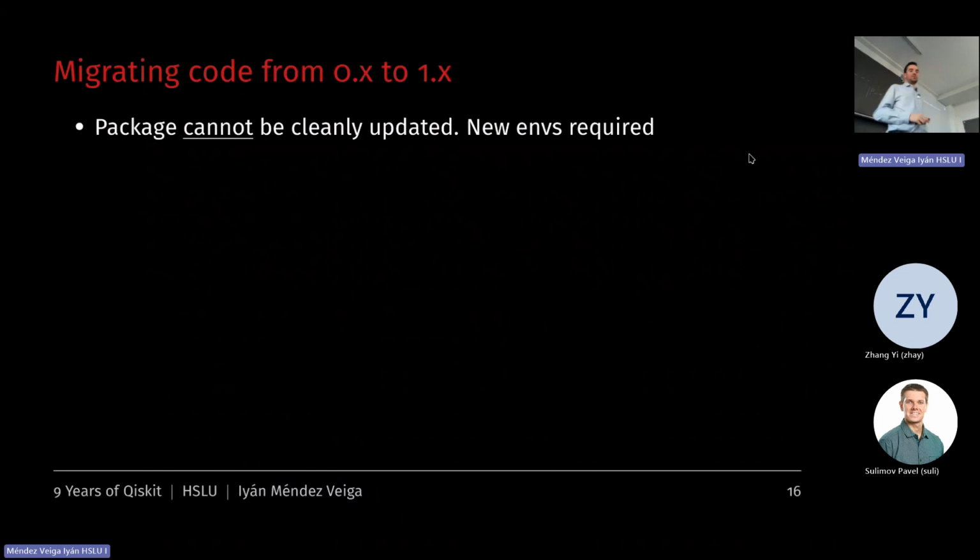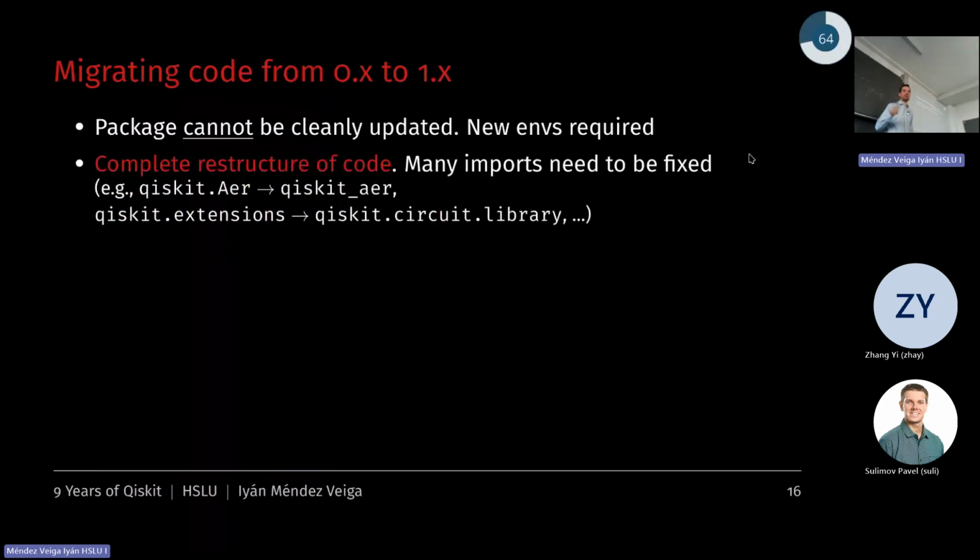All right. So now I come to the technical part. This is probably what you suffered, the migration from the 0 point to the first stable release. To start with, you could not update Qiskit cleanly. If you're using pip, you cannot do this, because pip cannot handle this kind of update where everything is changed from meta package to package. So you have to start fresh, you have to create a new environment. Also, because of the restructure, you have to import the things that you were using in a different manner. Before there was Qiskit.ir to access the code that was part of this package. Now it's in a completely different namespace. So you have to change that.